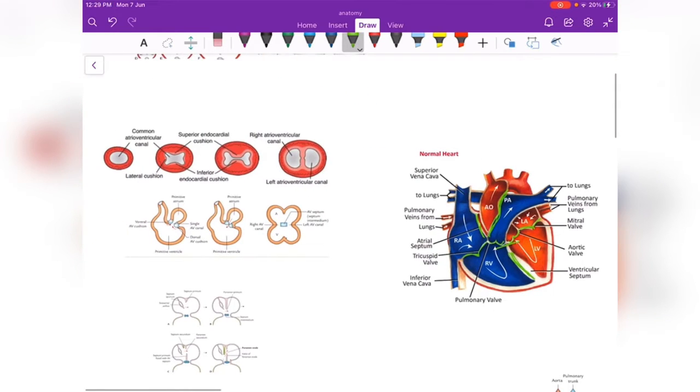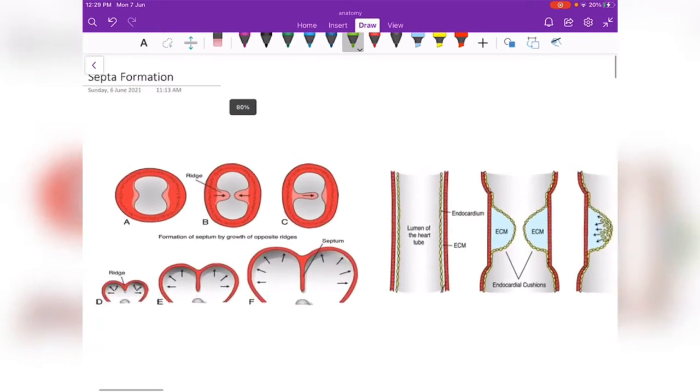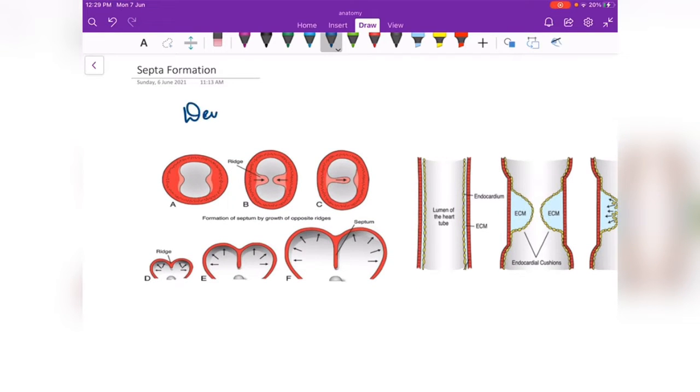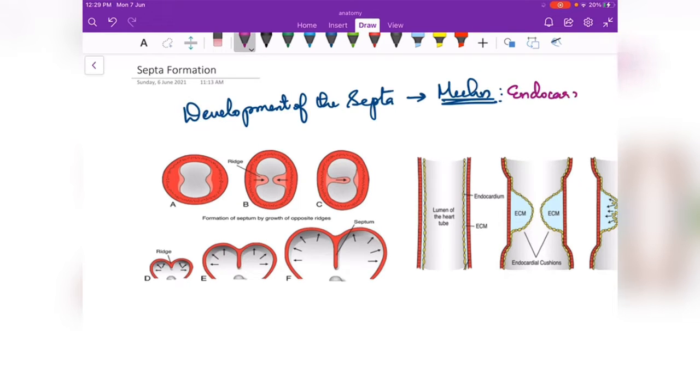So first we learn about the development of the septa, and the general mechanism is what we will mention first. The septa are developed from the endocardial cushions. We hear the term everywhere, the endocardial cushions. Either they can arise, the first scenario, from both the